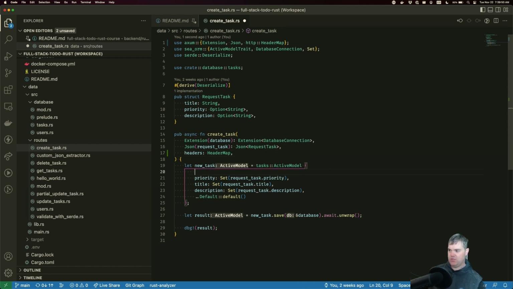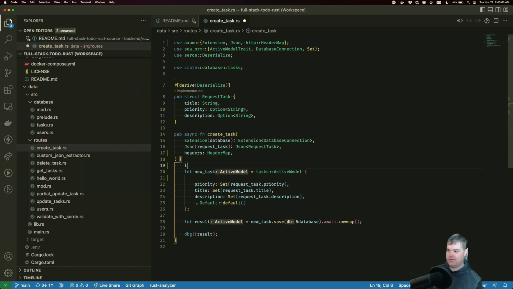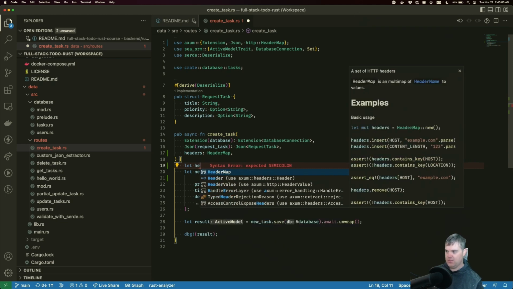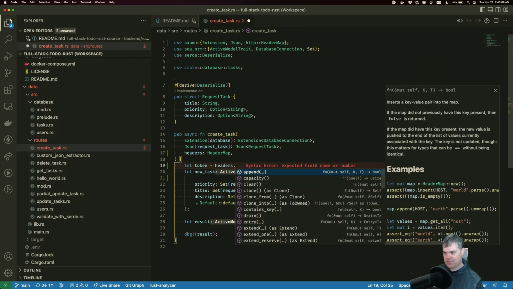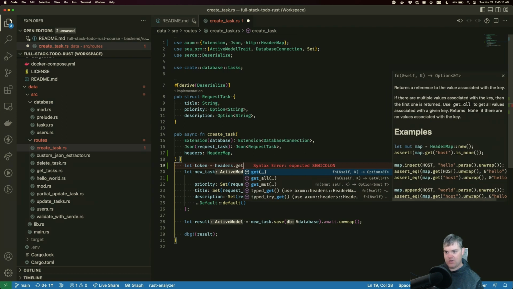Okay, so header map. Then if I want to do header equals headers dot. I should do it outside of that. This would be like token equals headers dot. Okay, so I have a get.